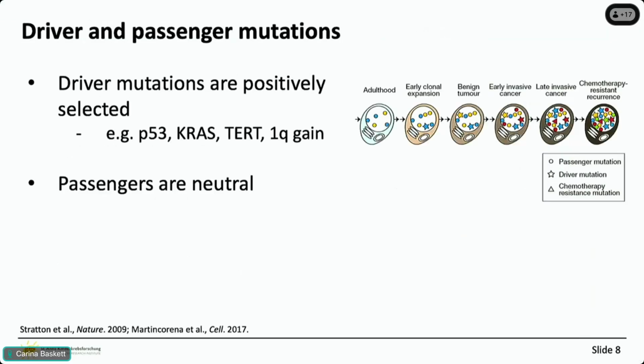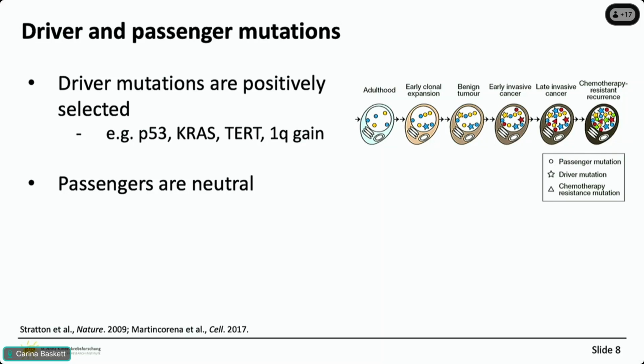So just to, again, describe in a bit more detail this concept of driver mutation. Generally, I think we think that driver mutations are positively selected, and these come in the form of oncogenes, where a mutation typically leads to overactivation, or these driver mutations can also affect tumor suppressors, which typically function to repress certain oncogenic traits, and these are knocked out. But we typically believe these to be positively selected, and they're accumulated over the life history of a tumor.